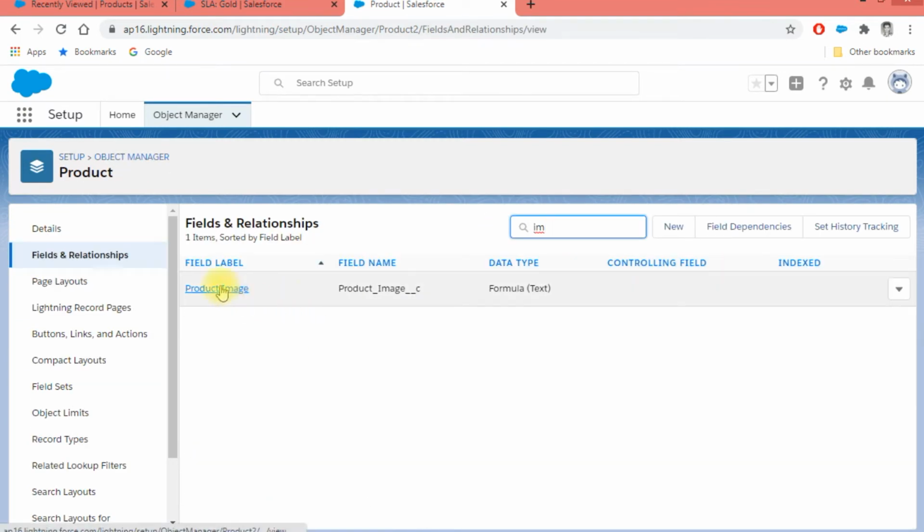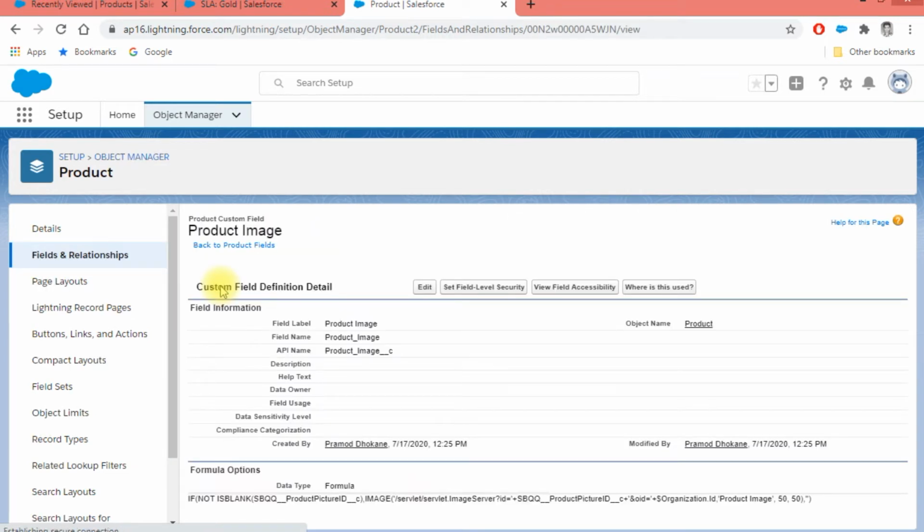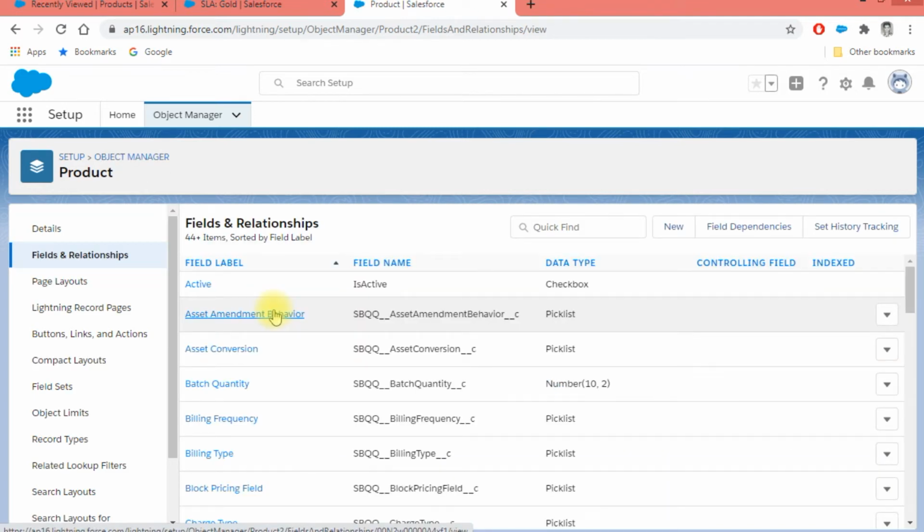So here is the image field. This is going to be the formula field where it will convert the link to that particular document ID into the image. Nothing more has changed, except CPQ now provides its own field to set the document ID, and the existing functionality is also working in a similar way.